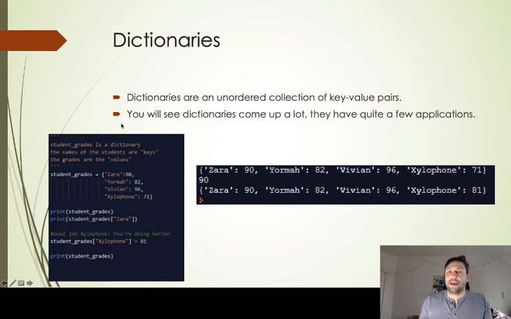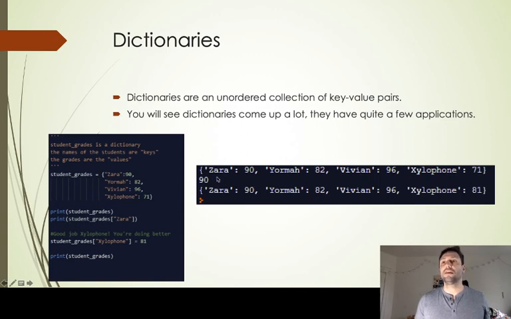The idea is that each of the names of the students are the keys, and then the value follows the colon after the key. So essentially, Zara is the key to 90, Yorma is the key to 82, Vivian is the key to 96, Xylophone is the key to the value 71. If we print student grades, we're just going to get this dictionary here. And then let's say we print student grades Zara. We're essentially saying what value corresponds to the key Zara in the dictionary student grades,